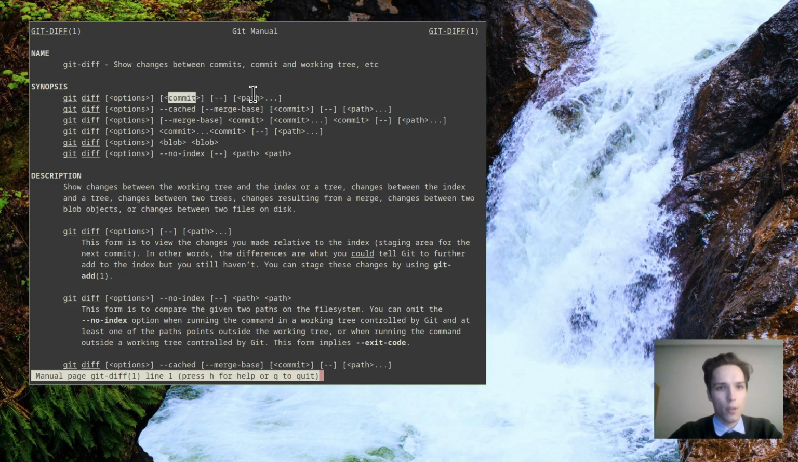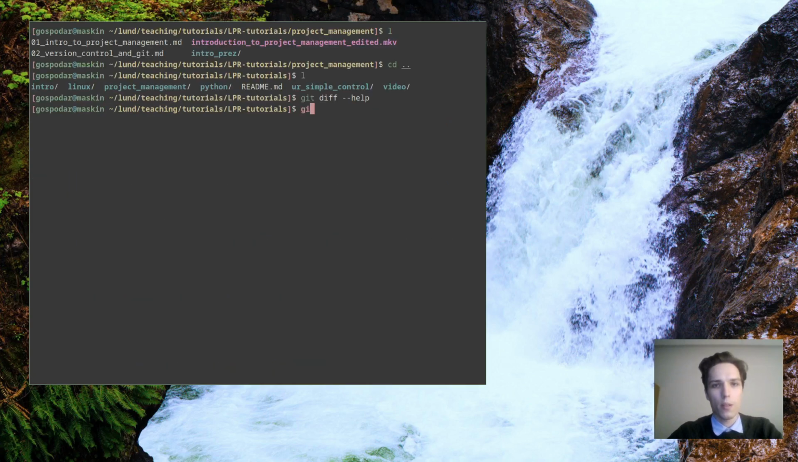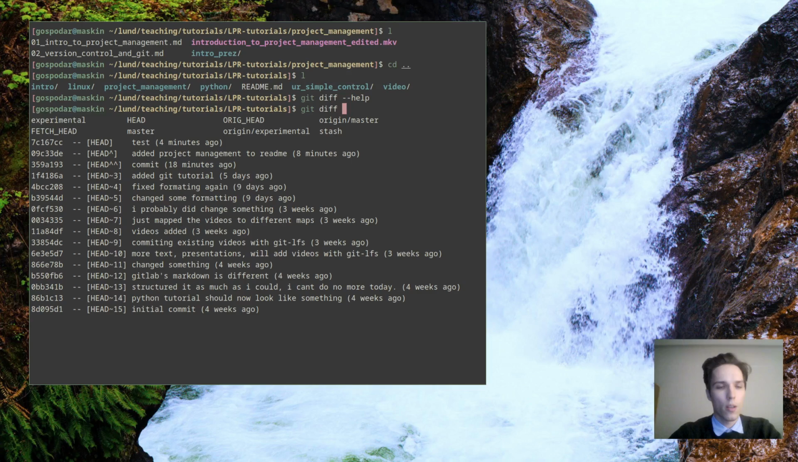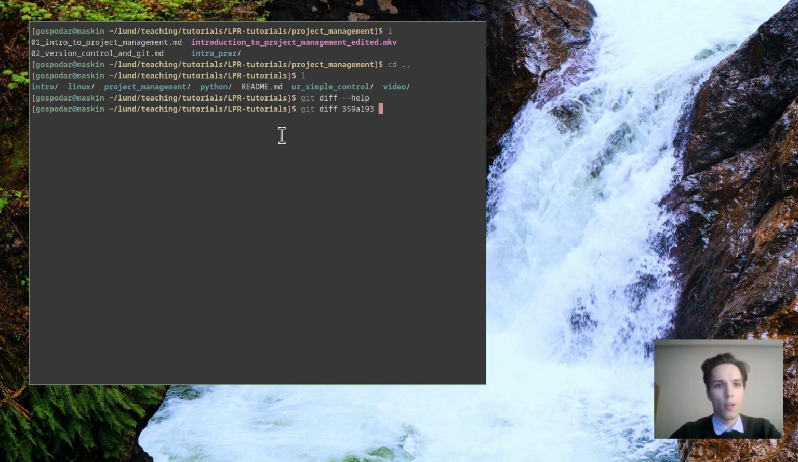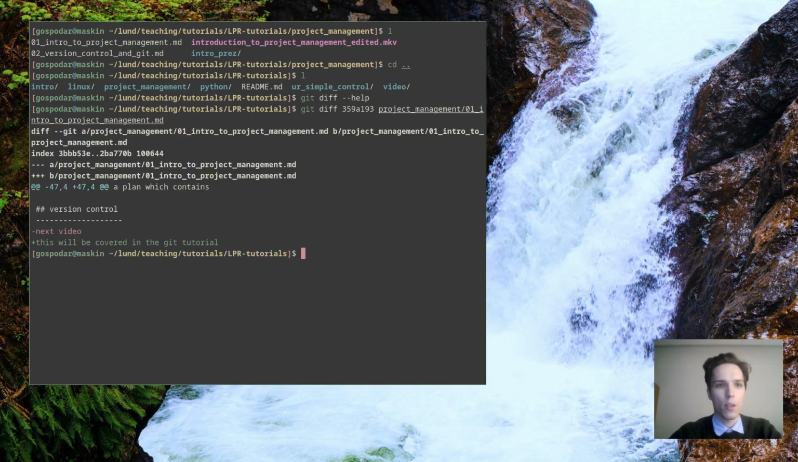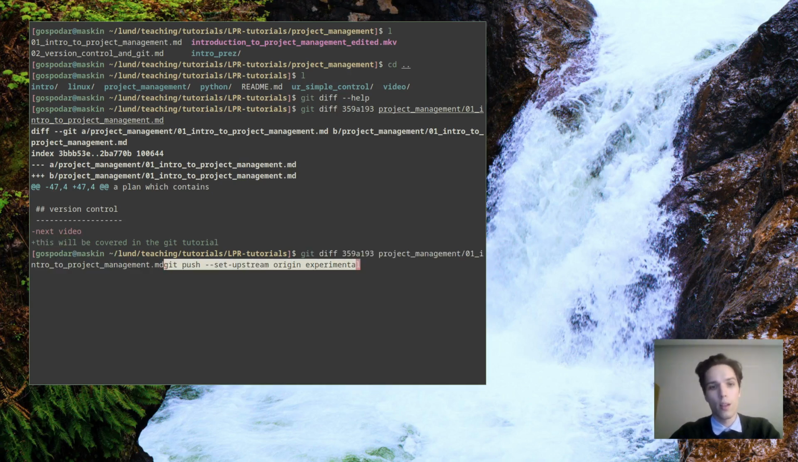Okay, commit, and then I give the path. Then git diff, and let's say I want to check the project management 01 file. So now it's going to say that at line 47 this was deleted and this was added. If you want a nicer view, then you can use git